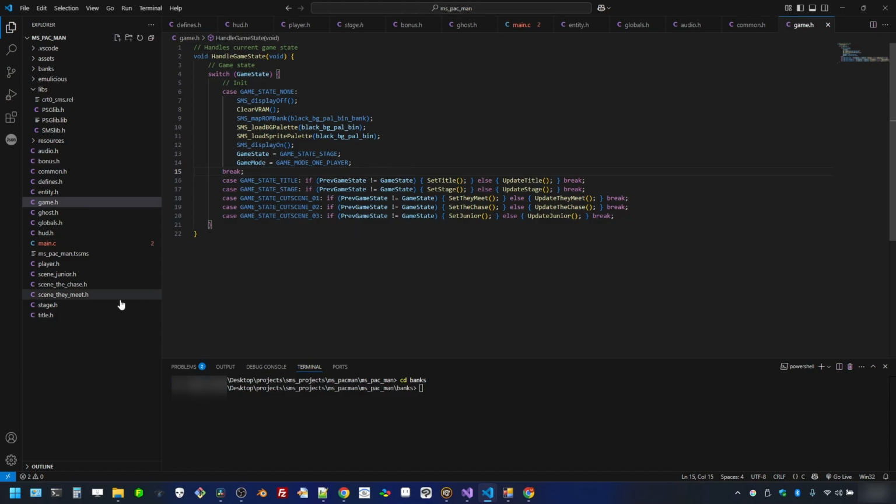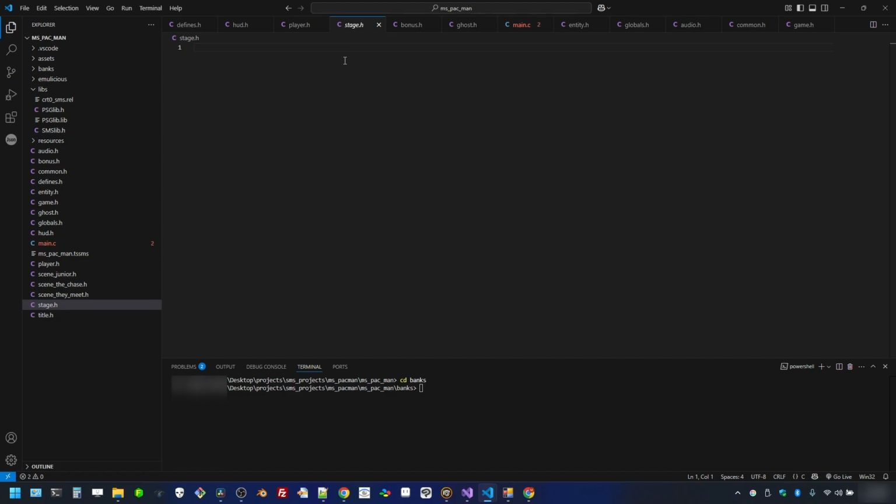So now let's go into our actual stage code. The stage code is a very generic code base that will handle every stage that the game will handle. So it's this one source code, and it handles whatever stage is being loaded into it at the time. And that's all handled based off of global variables. So whatever current stage we're on, what current game state we're on, what current lives, what current mode, whatever, all that gets processed in this one bit of source code. So the first thing we're going to do,